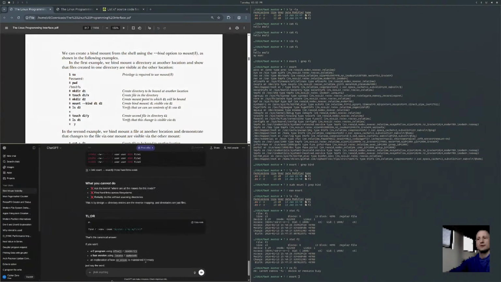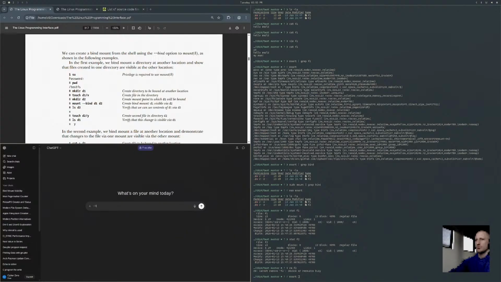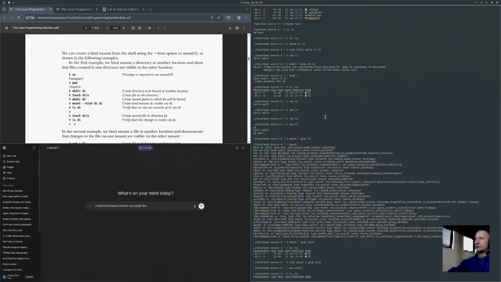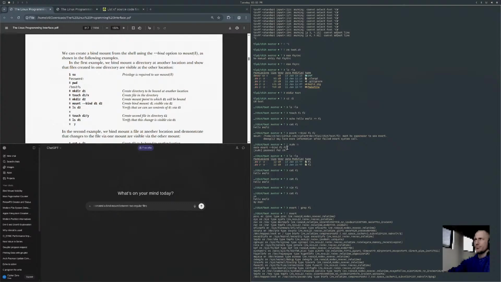Let's try asking it again. I created a bind mount between two regular files. How do I tell if this mount exists?